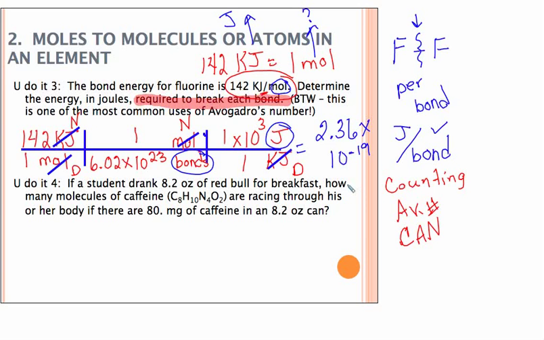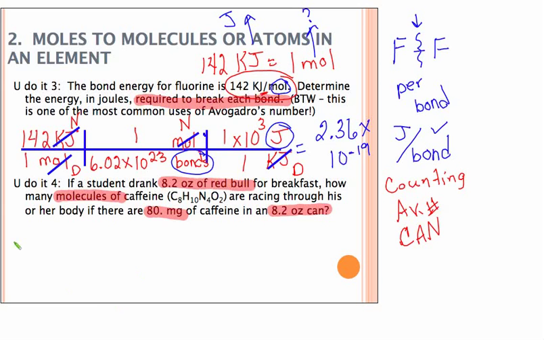Now later on, we're going to see that electromagnetic radiation can be used to break that bond, and so we'll convert that energy into, say, a wavelength of light. But I think that's a good start for this. Now let's take a look at You Do It 4. In this example, this student has an 8.2 ounce can of Red Bull, and we want to know how many molecules are in this can,